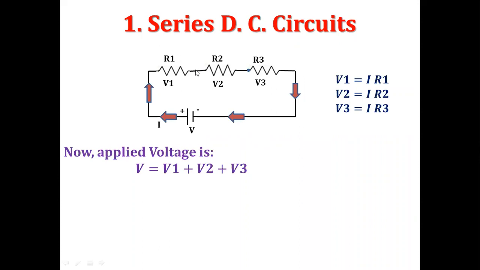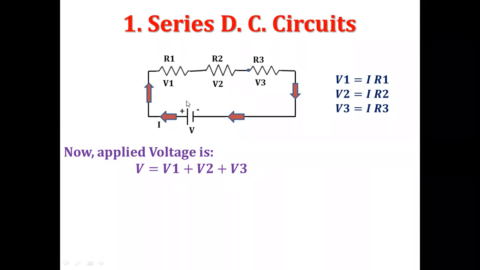Now the applied voltage, this is the total voltage, V equal to V1 plus V2 plus V3. Can we write that? Yes, sir. How to write it, they were confused. Think of Kirchhoff's voltage law, where we consider the clockwise direction. Suppose we have considered the clockwise direction here. Then minus V1 we can write down, minus V1 minus V2 minus V3, and the end sign is plus V. When I send V1, V2, V3 to the other side, minus becomes plus. So V equal to V1 plus V2 plus V3.